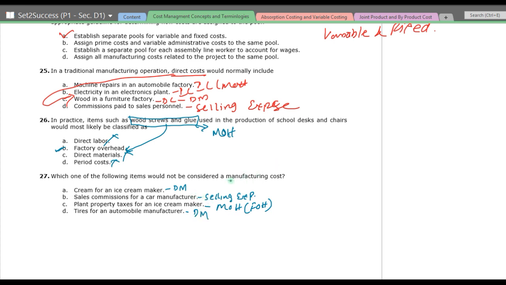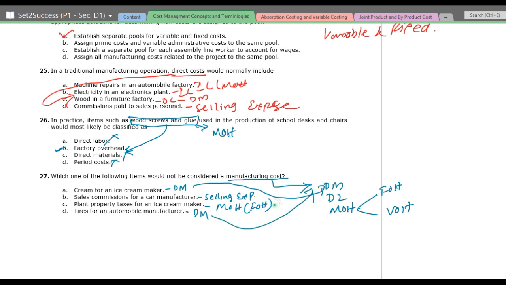So let us see what is manufacturing cost. Manufacturing cost consists of direct material, direct labor, and we have MOH. MOH consists of fixed overhead and variable overhead. Now let us see. Direct material is a manufacturing cost, and manufacturing fixed cost is a manufacturing cost which is fixed. So we are left with the selling expense, that is sales commission for a car manufacturer, which is a selling expense and not a manufacturing cost. Next,